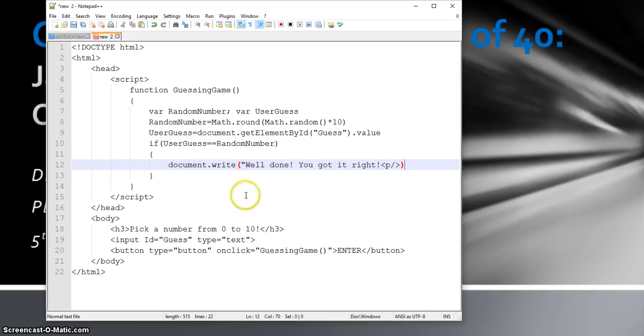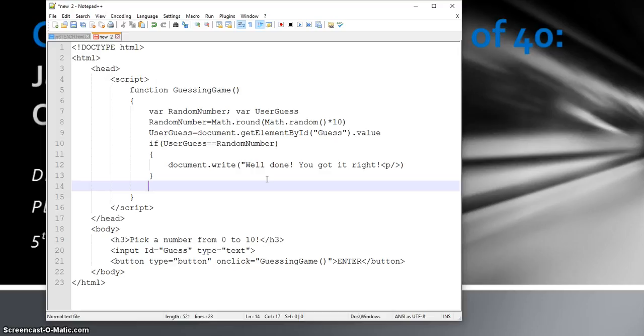So if it equals, it's going to show the response. But what if it doesn't equal? Okay, so we get another part of the selection. There's three parts of the selection. There's an if condition, an else if condition, and the final else condition. So else, if that's not the case, else if that's not the case, you do the following: